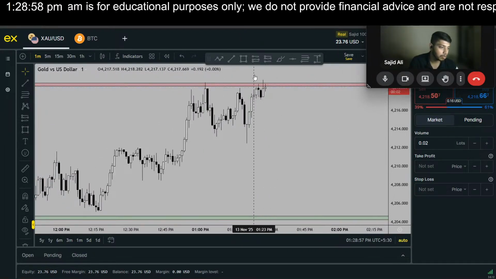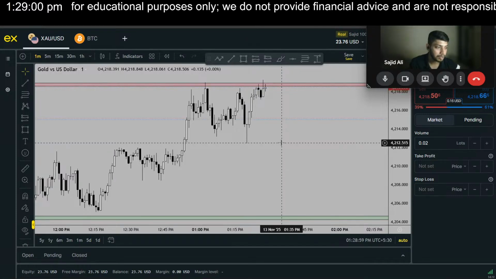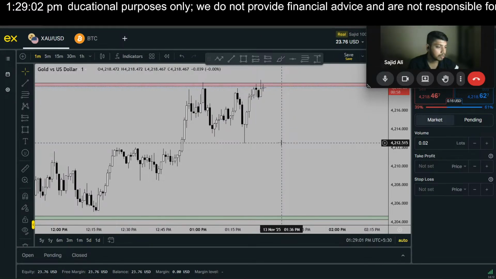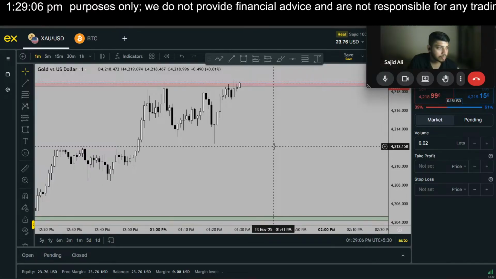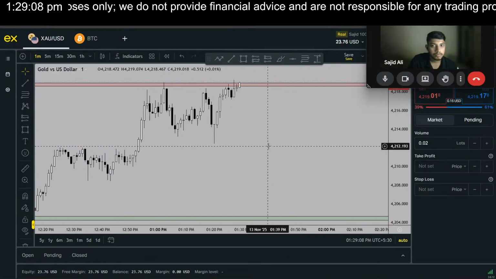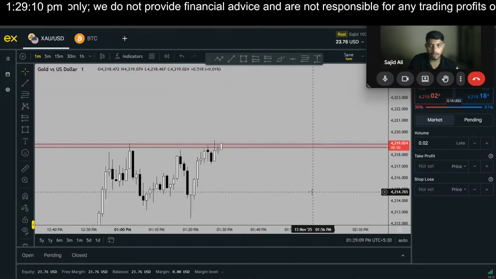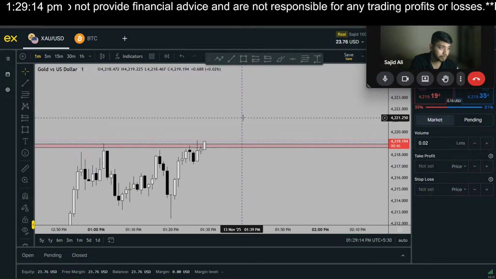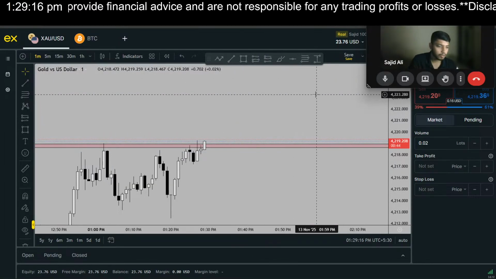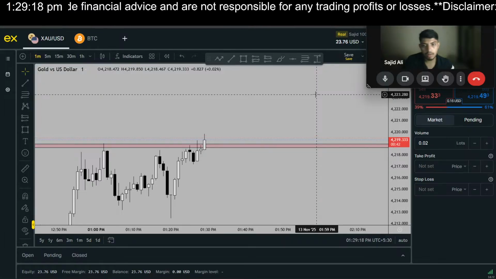Let two candles close above this. Then we'll go for a reversal trade. Okay, it's breaking. I'll go with 0.04 lot,